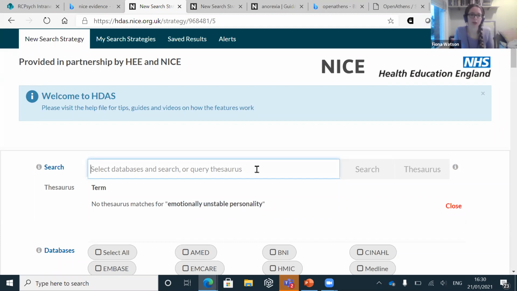Absolutely. This is a really key point about Open Athens, which confuses people quite often, is that Open Athens in itself is just authentication software. It just allows you to have one single sign-in for every journal that we provide. But you can have as many institutional Open Athens accounts as you want. So you might have one with the NHS, one with the RCPsych, and one with the university, and they will give you access to different resources. So depending on your trust, you'll have different resources to another trust, because trusts buy extra on top of what HEE provides.